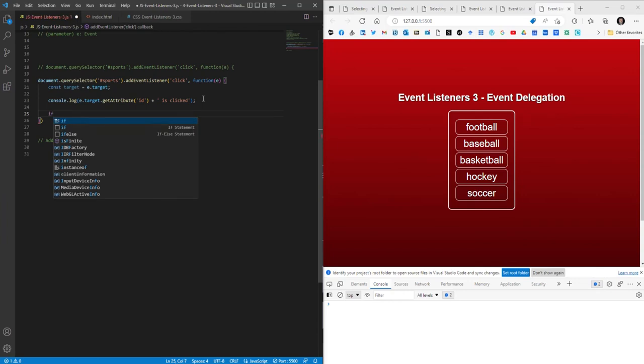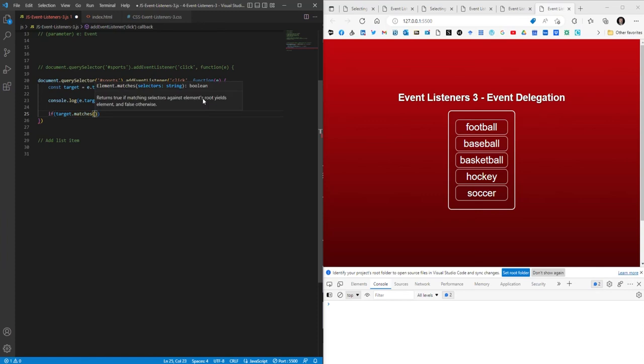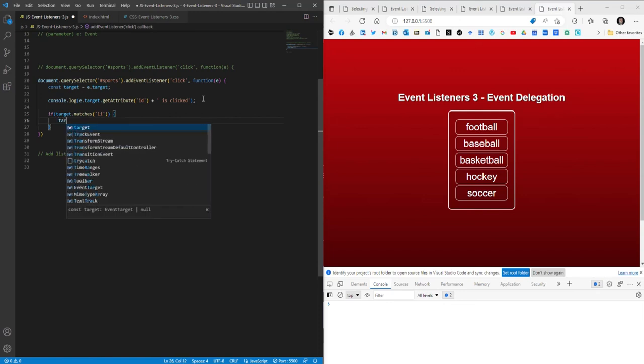If target matches, again, which we're seeing if it's a list item, and if it is, we're going to style